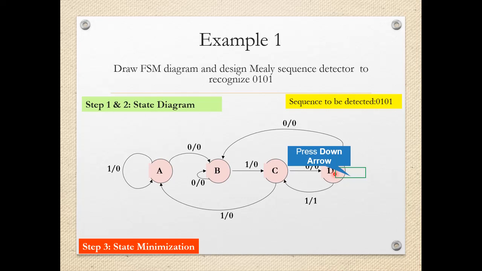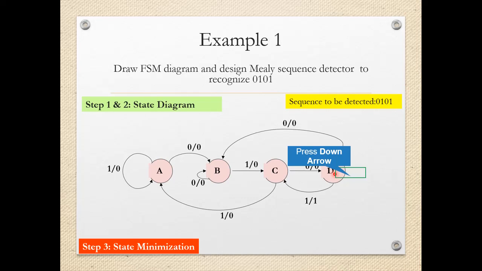Now this fourth bit 0, if this is obtained, then this may be the start of the next correct sequence, and that 0 will be the first bit of that correct sequence. So now instead of again going to the state A, we will be going to state B, because now 0 is already checked, which may be the start of the next correct sequence. So that's why go to state B, keeping output 0. If 1 comes, then the correct sequence is already obtained, make the output 1 and go to state C.